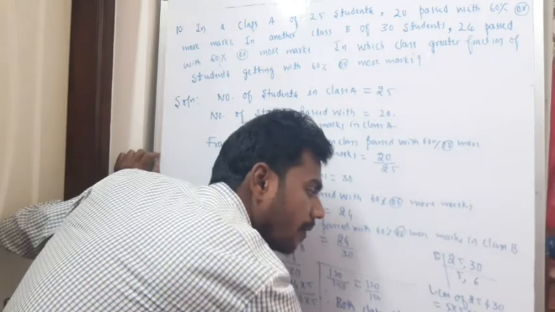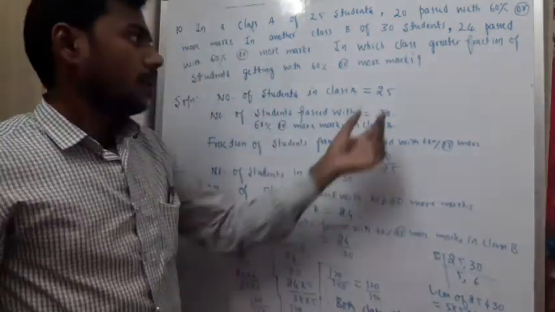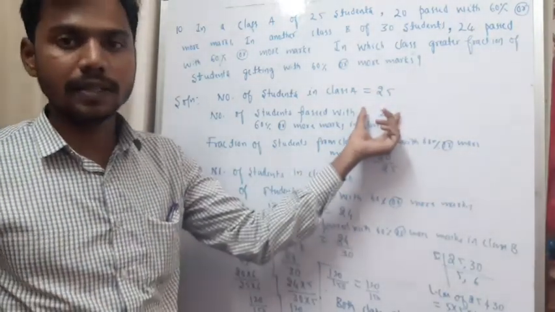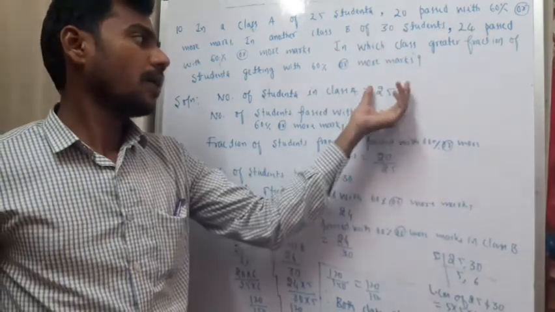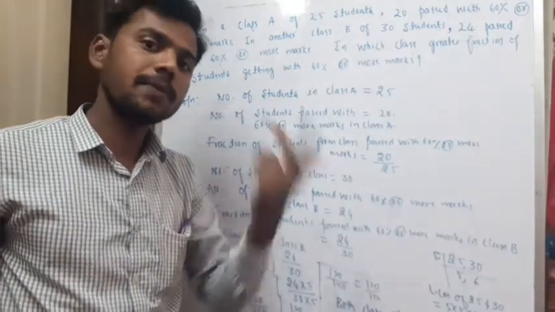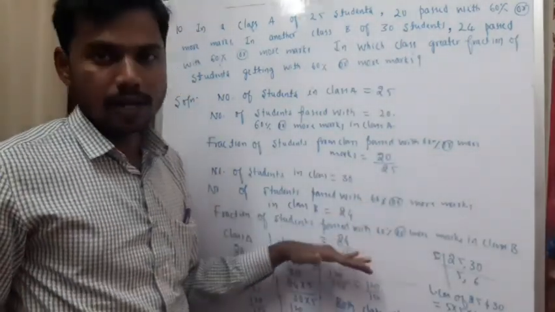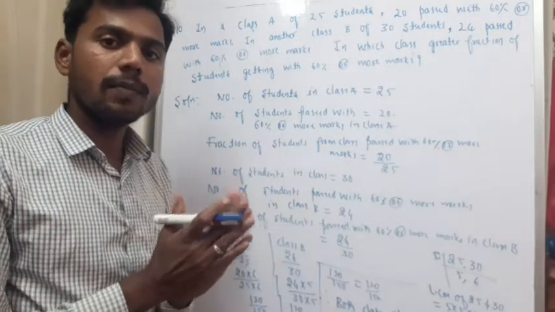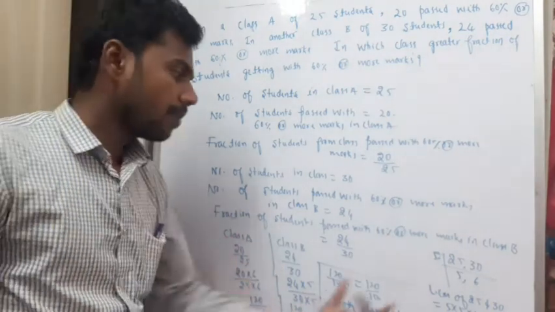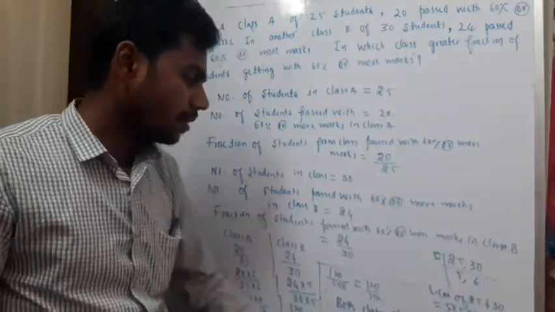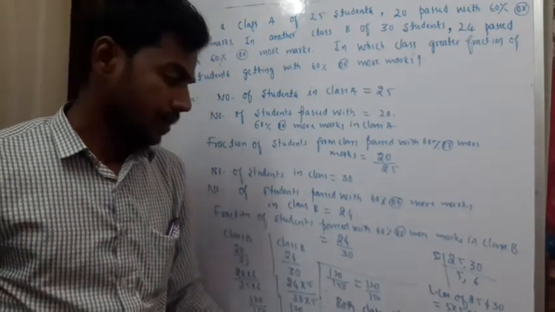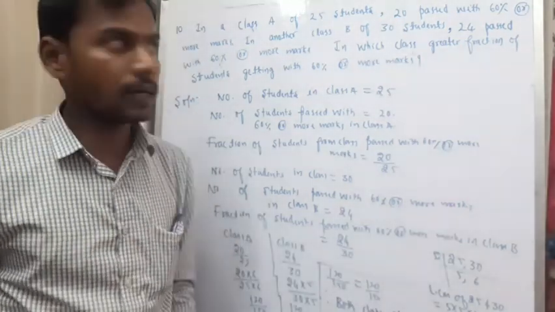Yes or no? What we are supposed to do? Number of students in the classroom and the total number of students passed with 60% or more. So this by this total number of students will give us the fraction of students who passed with 60% or more. Same way we need to do it for class B. We need to compare them. How we will compare them? By making the denominator equal. How you will make the denominator equal? By taking the LCM. So at last, what was the conclusion? Both class students got equal fraction of students passed with 60% or more marks. Please note this down.